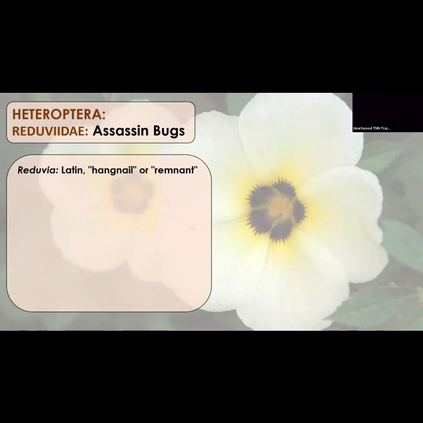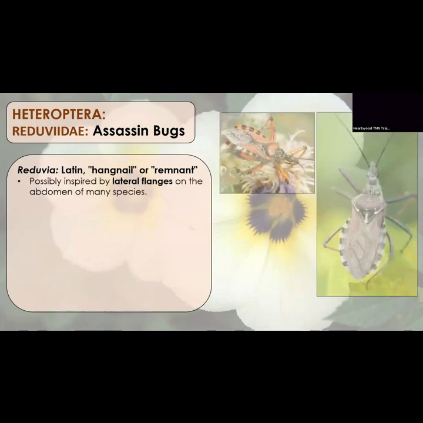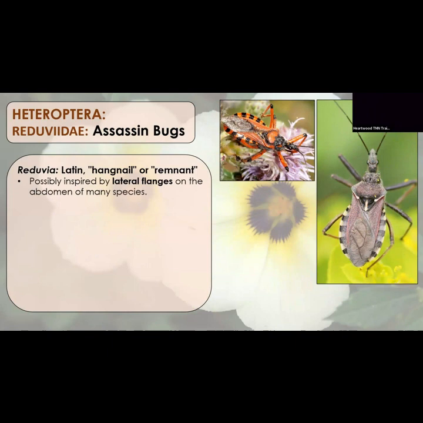So the second family is the Reduviidae. You know, for me being a parasitologist, I have the hardest time with this family. Kissing bugs, assassin bugs. These are the ones that can spread Chagas and other parasites. Now, please note, it is not every Reduviid that you come across. By no means. It's just, we all need to be aware and just don't let these things in your house and bite you by your eye because you never know.